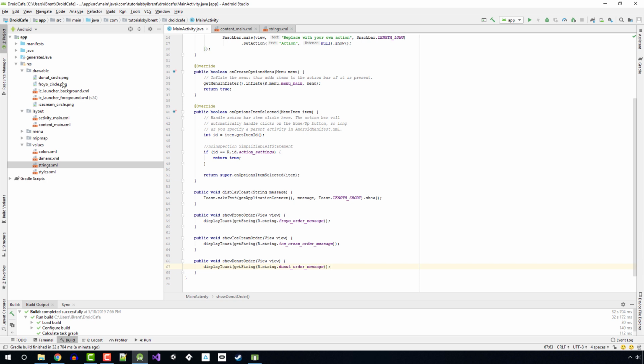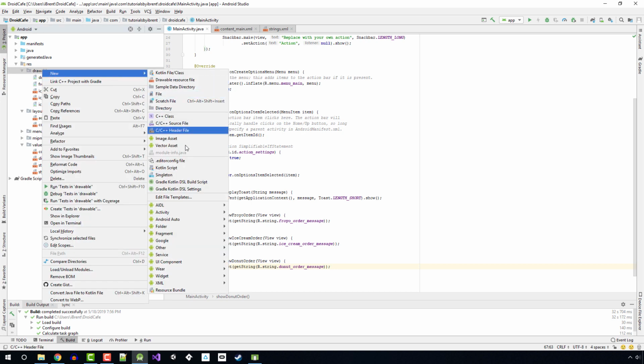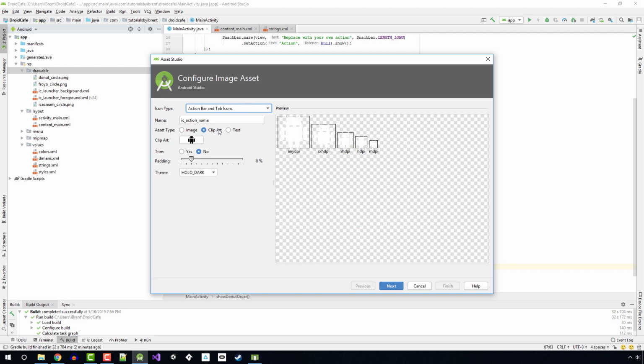First thing we'll do is go into the res folder for the resources, and inside the drawable, I'm going to right click and choose new, and then choose image asset. Now this brings up a number of things, and under the icon type, we want to select action bar and tab icons. Now from here, we want to give this a name. So the name we're going to change this to is